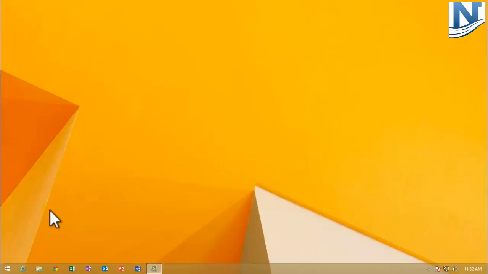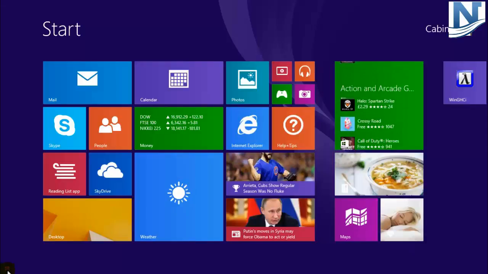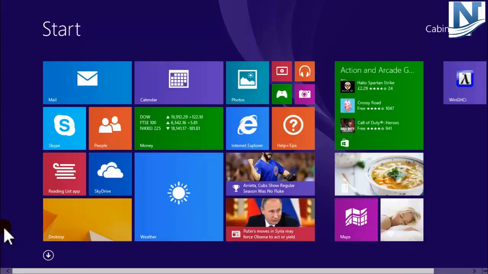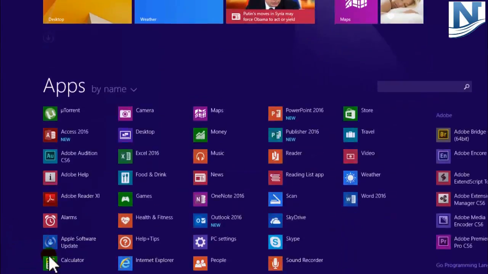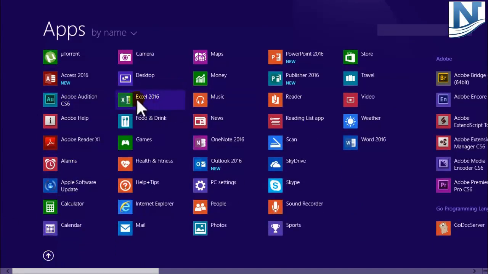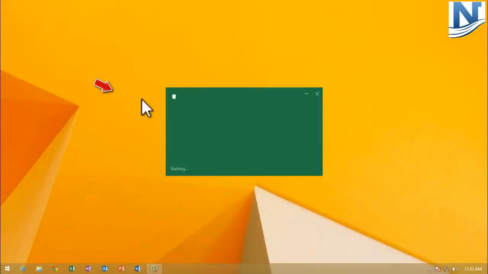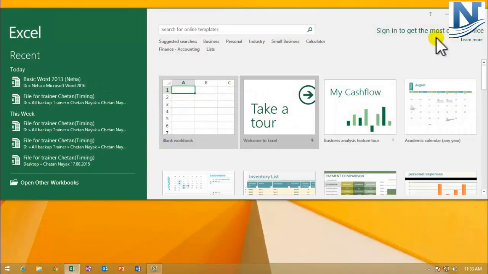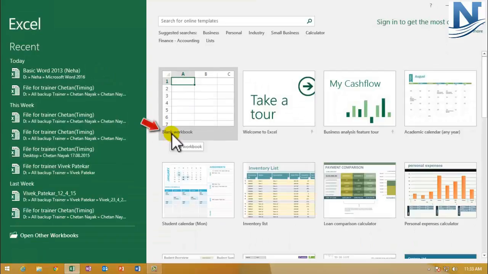First of all, go to the start button over here. I'll click on this, and I currently have Windows 8 on my system. I'll click on this arrow over here and look for Excel 16. So here it is. These are all the programs which are installed, and I want to start an Excel sheet. So I'm going to click on Excel 2016, and here can you see there's an option for opening a blank